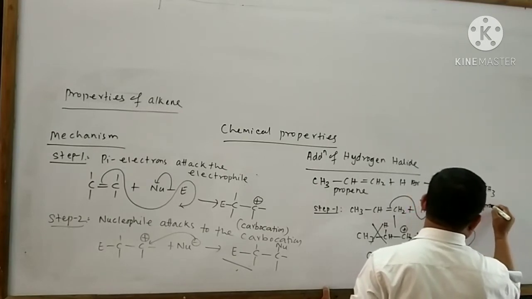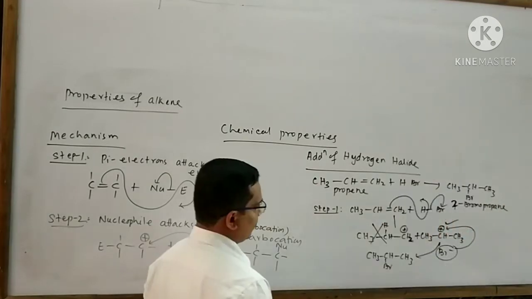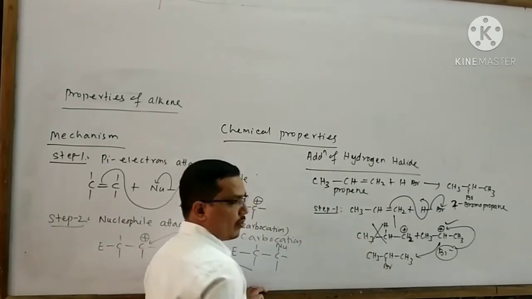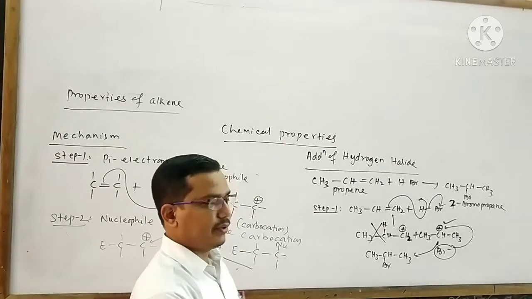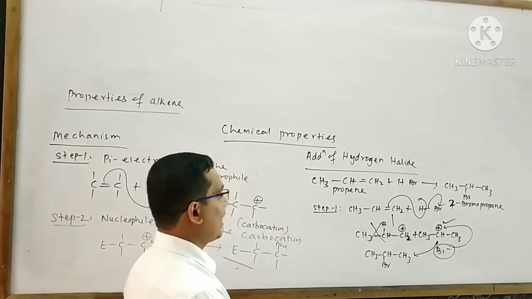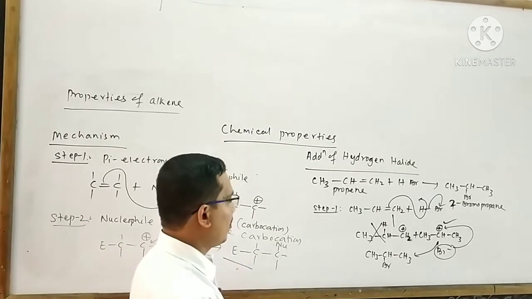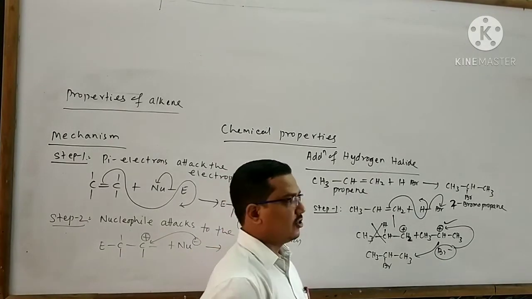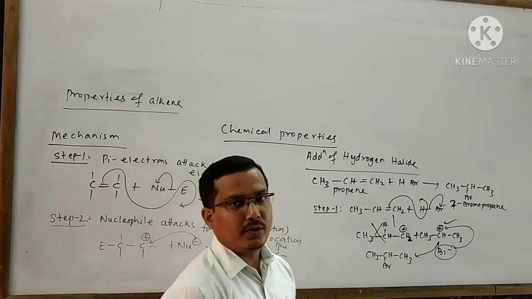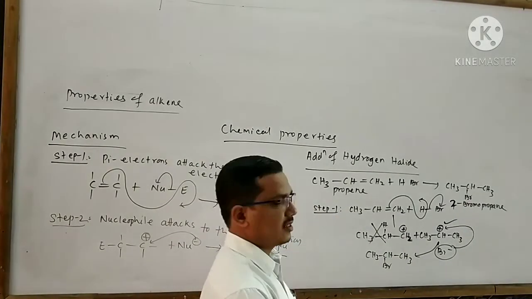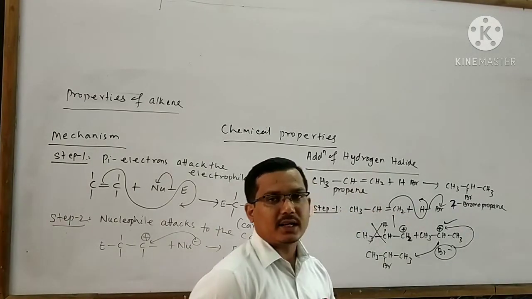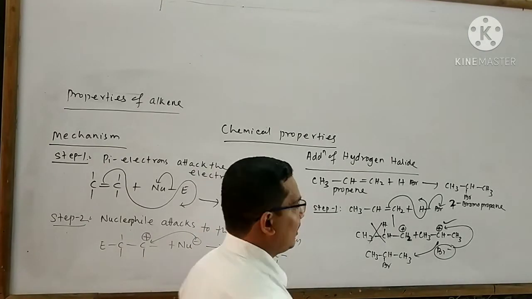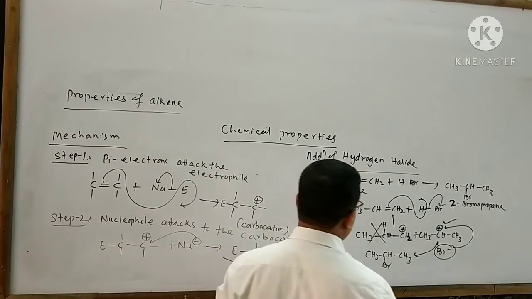the major product. If I think about this carbocation, then 1-bromopropane is found, but it is said to be the minor product. So we can neglect the 1-bromopropane product. By applying the mechanism, we can think about the product formed by this reactant and this attacking reagent, or you can directly apply Markovnikov's rule.